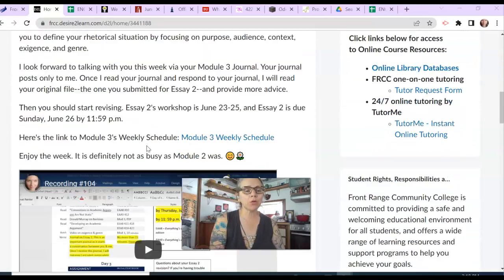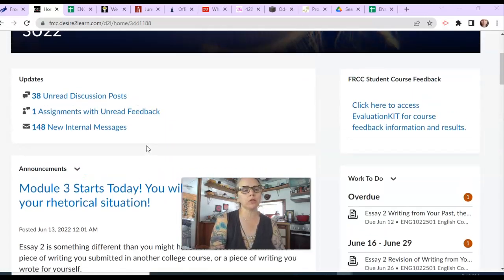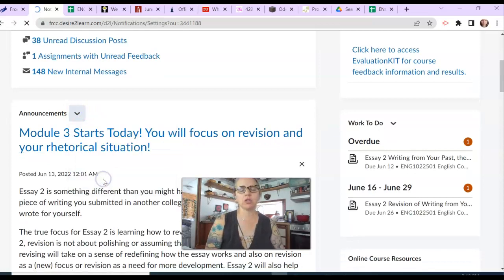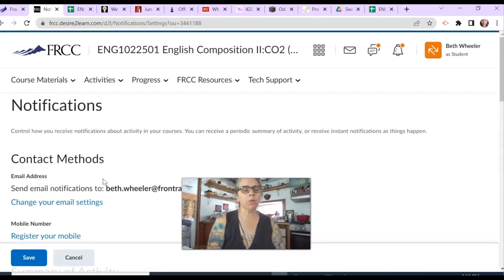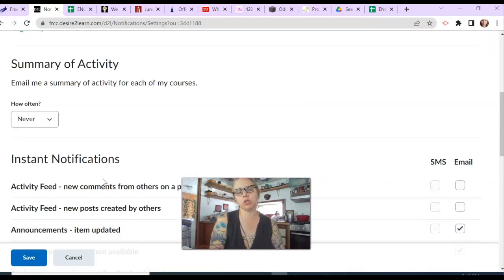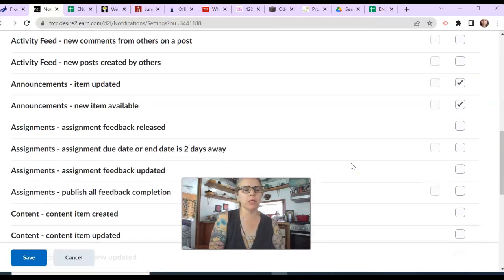But to set up the notifications to come to you, oops, I'm scrolling down, I shouldn't be scrolling down. You're going to go to announcements and then to notifications. And what you'll find when you scroll on the notifications pages is that there's lots of stuff you can choose. SMS is the instant message within the D2L messaging system. I message you there sometimes from that bwheel27@ucourses.com. And I think email would come to your Front Range email account.